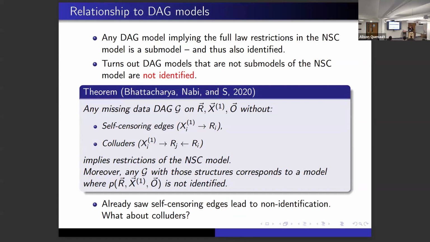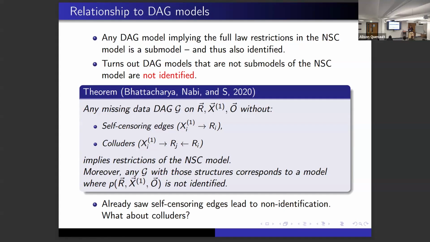That was the theorem. The first case is there is a self-censoring edge. That one is easy. We know about that case because self-censoring is not identified in general. The second case is what we call a colluder. That's a bit of a joke. It's a special collider. We were writing this paper at the time that Trump was talking about collusion a lot. The idea is that a variable and its indicator are together colluding by pointing to another indicator. And that structure, if it exists, is going to create problems for you. There's going to be something that you will not be able to identify if that structure exists.